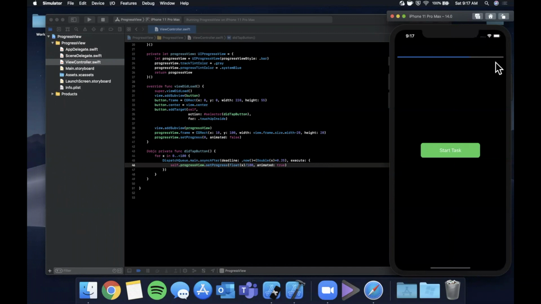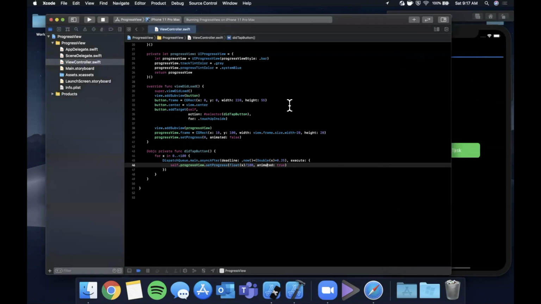So this is a pretty basic progress view. It's really good for apps where, of course, you have some task where you can observe the progress. If it's some task where you can't observe the progress, you use a spinner more or less because it's kind of an indefinite task and you don't know how long it's going to take to finish. And on the note of it finishing,